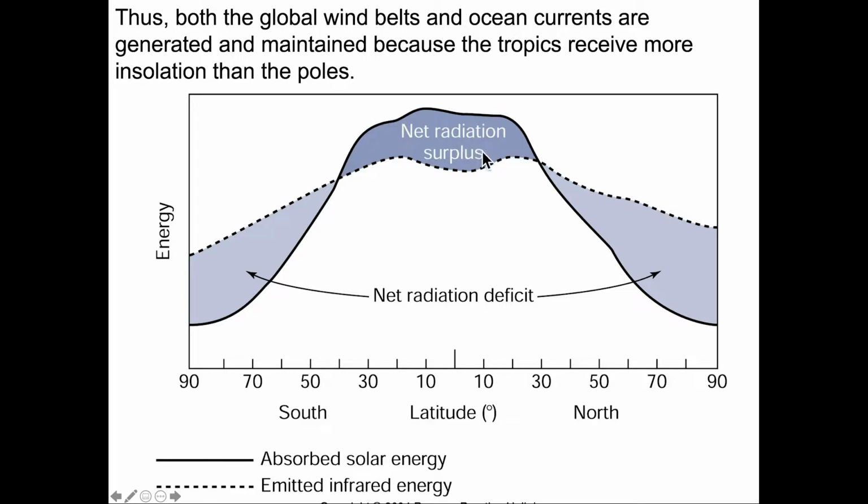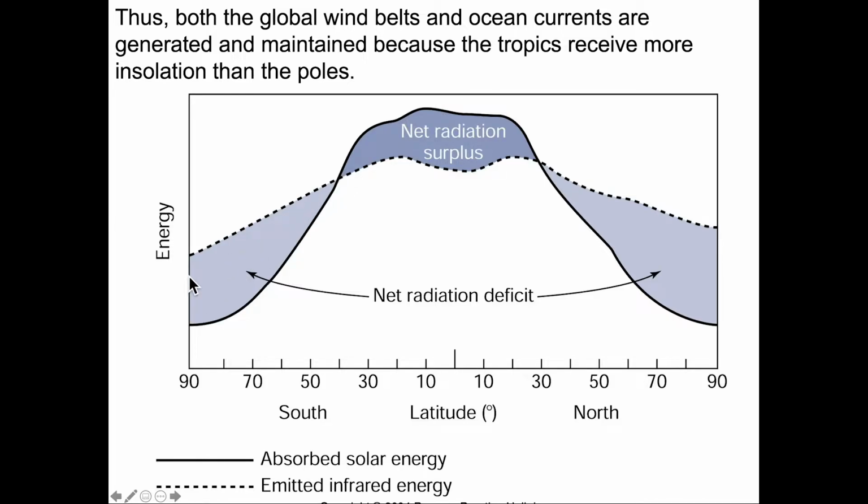So here we see a latitudinal scale on the bottom, the x scale, where we have the equator located right here. The maximum insolation is going to be obtained at the Earth's surface at the equator. As you move away from the equator, in the northern hemisphere to the right here, we're going to see a reduction in the amount of insolation as we saw in that last diagram. The net result is we have a net radiation surplus here at the low to almost mid-latitudes, and a net deficit beyond that to the higher latitudes.